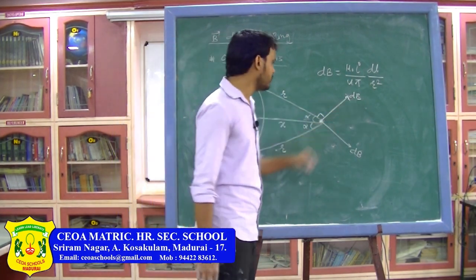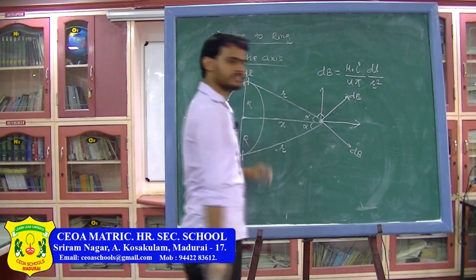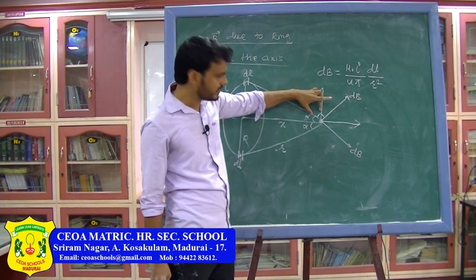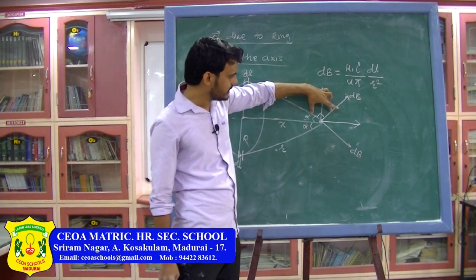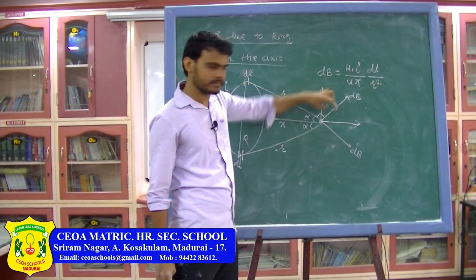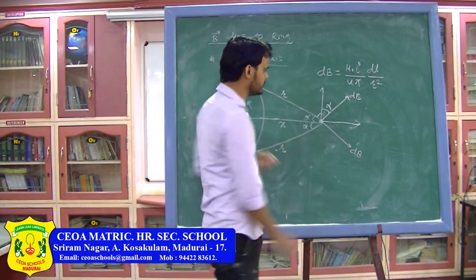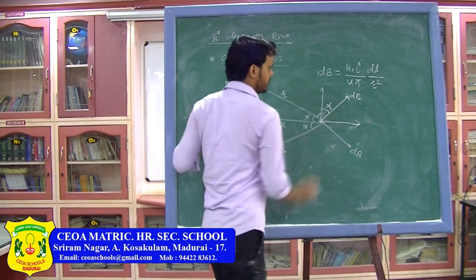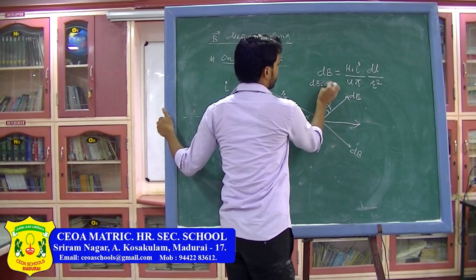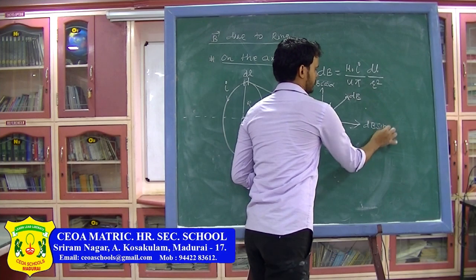So, I can take one component of this in this direction and one component of this magnetic field in this direction. Now, this total angle is 90, this angle is alpha, so this will be 90 minus alpha, and this angle I can write alpha. So, this is basic trigonometry, so this angle will be alpha. Similarly, here basically I can write this component of magnetic field will be dB cos alpha, and this component will be dB sin alpha.